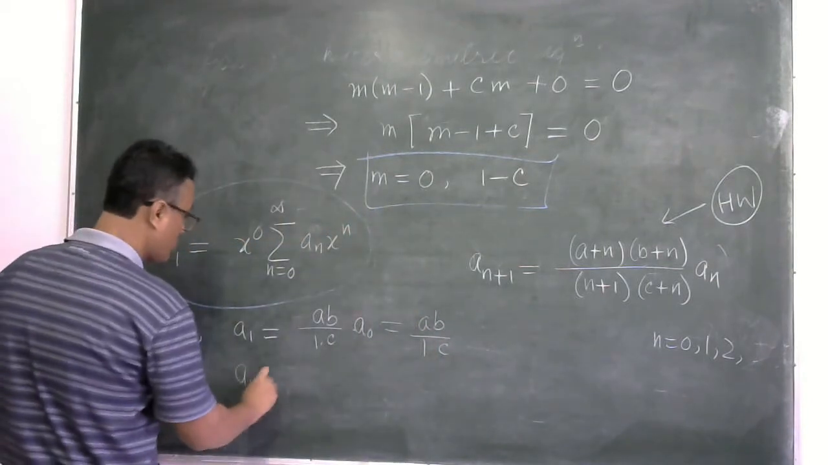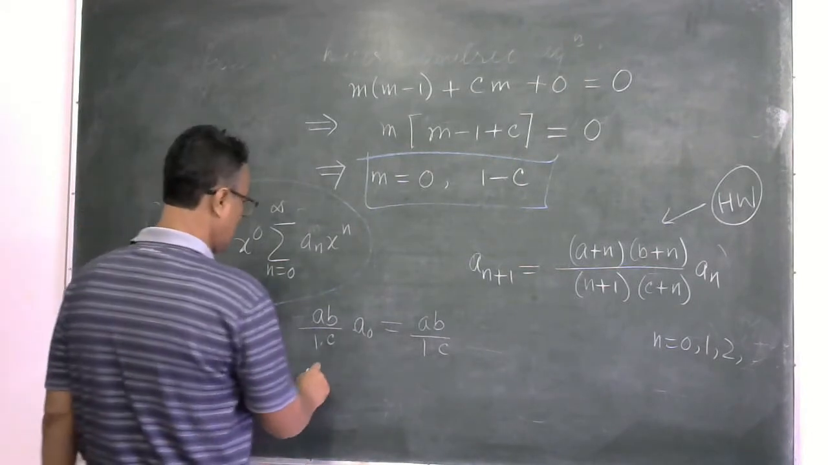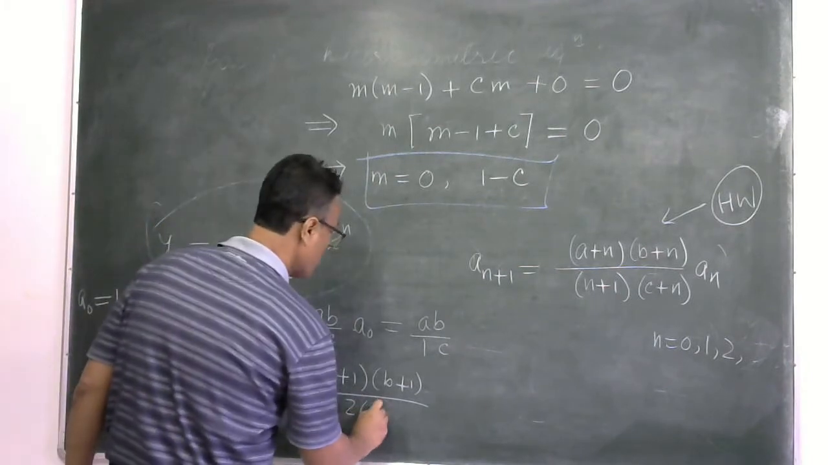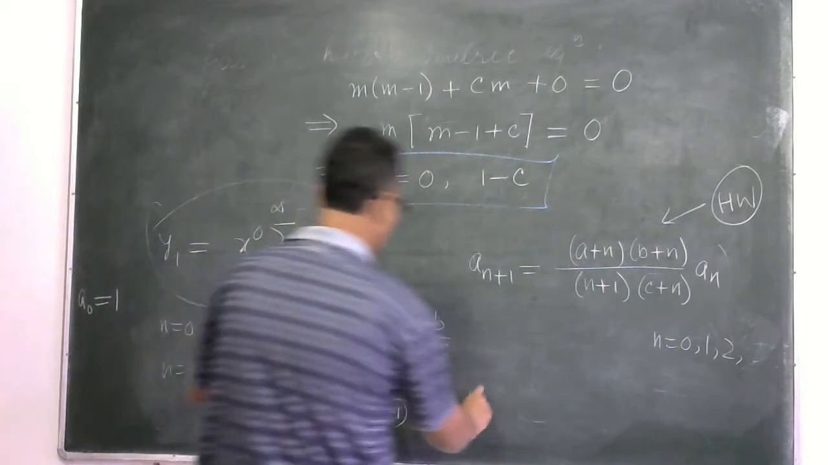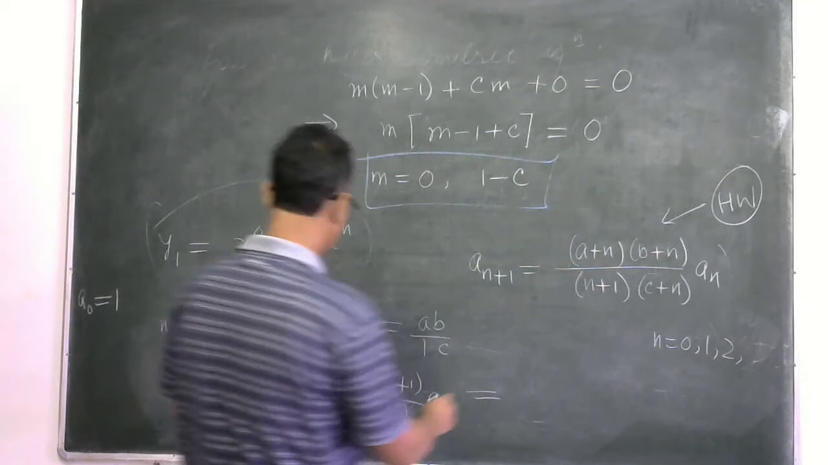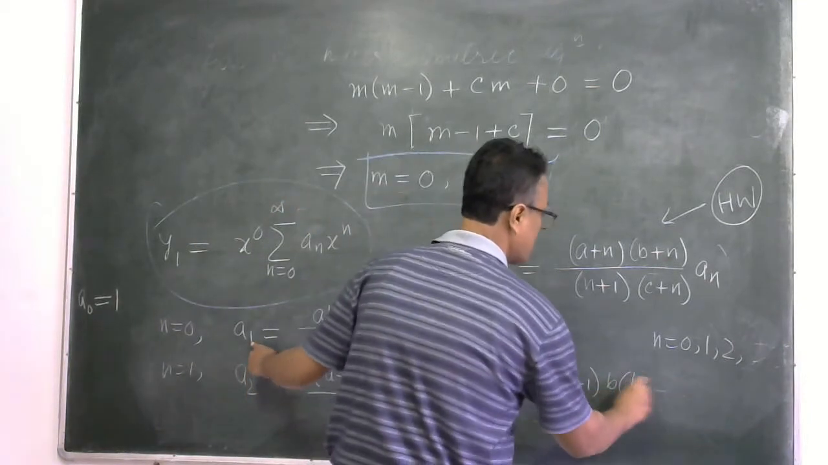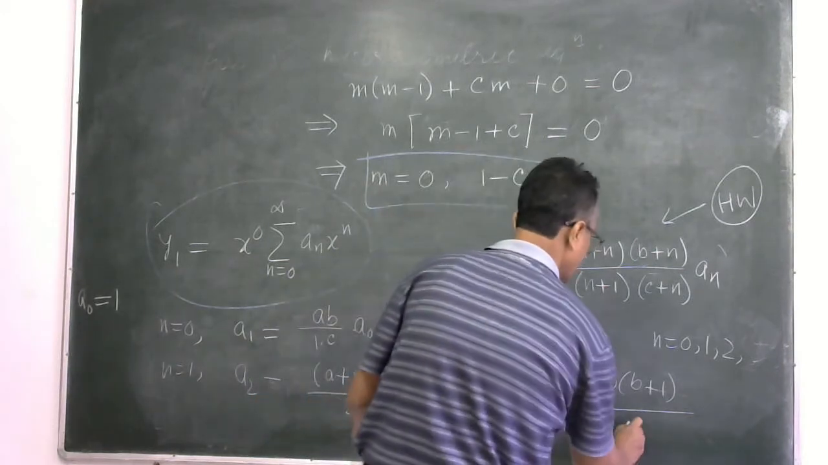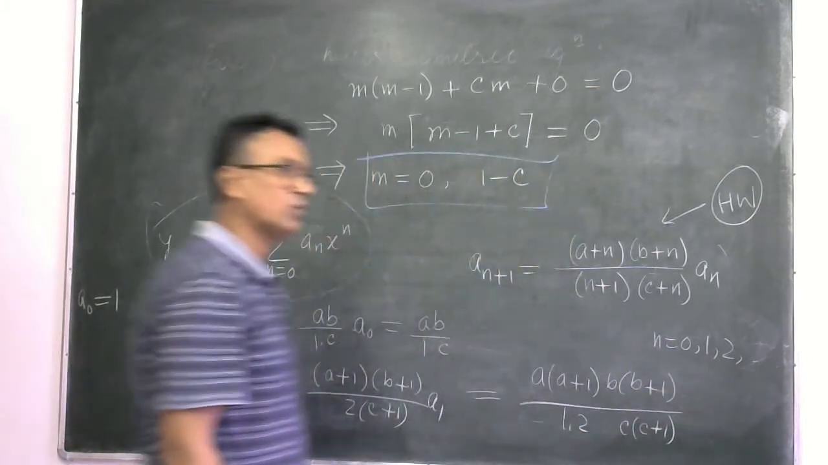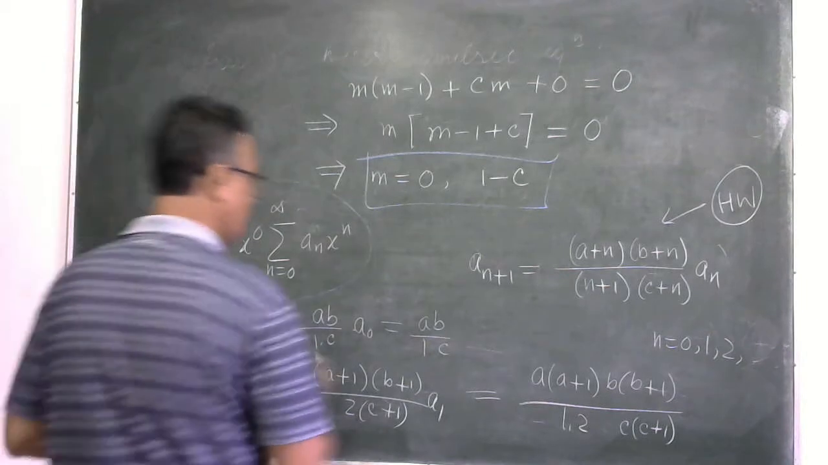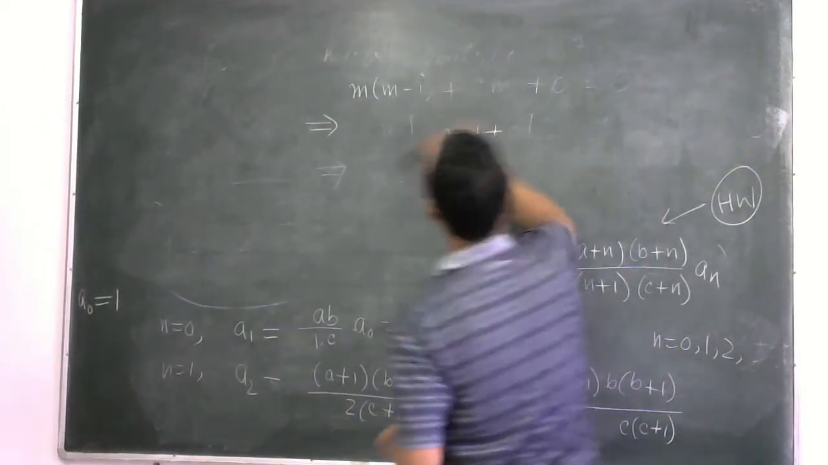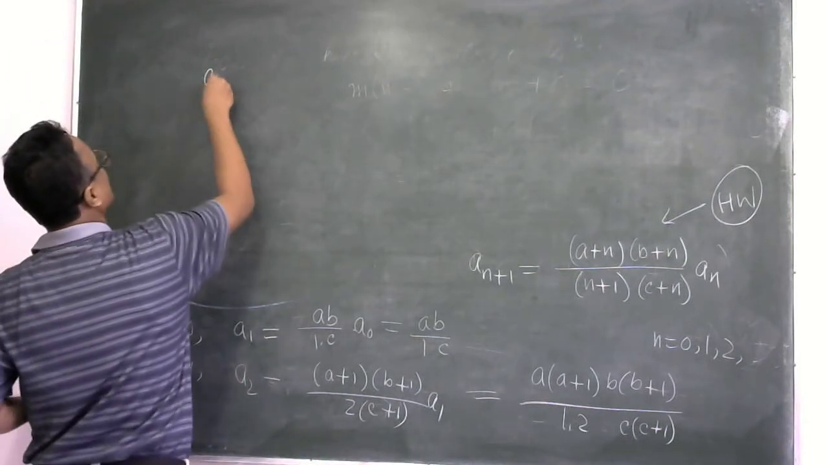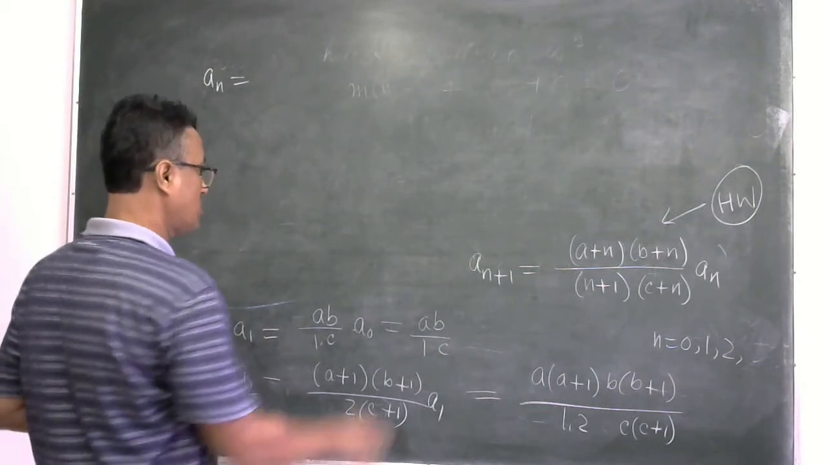Then your A2, if n equal to 1, is going to be A plus 1, B plus 1, over 2, c plus 1, times A1. So if you plug in the value of A1, you will see that this gives you a into a plus 1, b into b plus 1, over 1 into 2, and then c into c plus 1. Is it okay? Fine. So if I continue like this, then you will see that I am going to get An to be